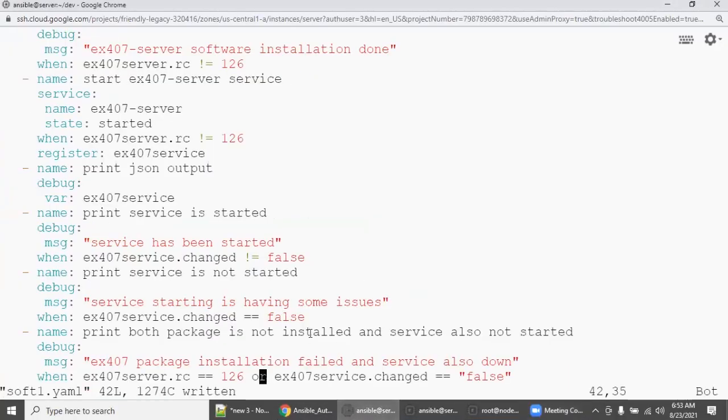So here we have created a playbook and we have printed all scenarios, and finally both the EX407 package installation failed or the service also down. So if you satisfy any condition, you can go for this message print, right?